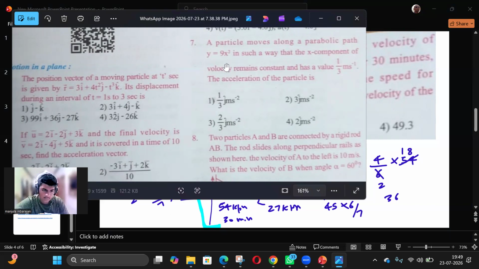Okay, I can just try. Differentiate y equal to 9x square. So differentiate both the sides. You get vy equal to